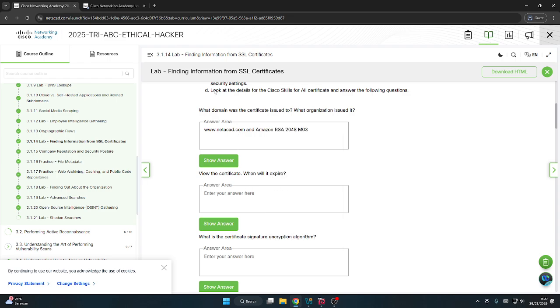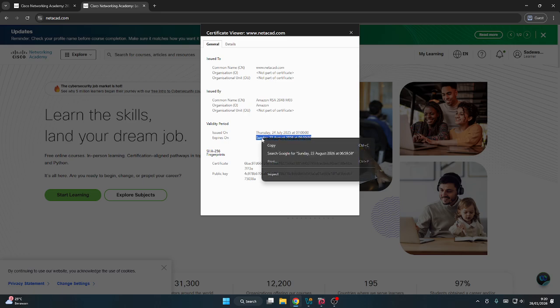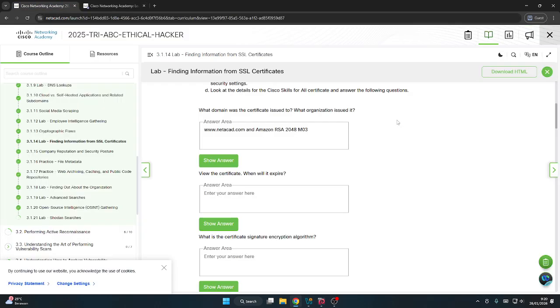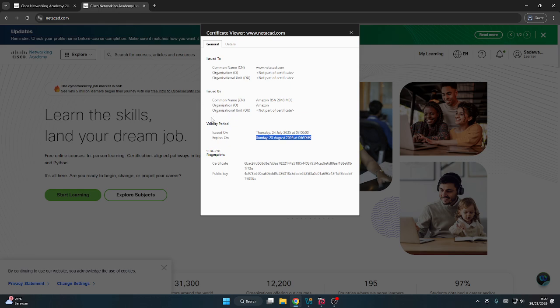When will the certificate expire? Expire at 2026. For the certificate signature encryption algorithm is SHA-256 fingerprint.